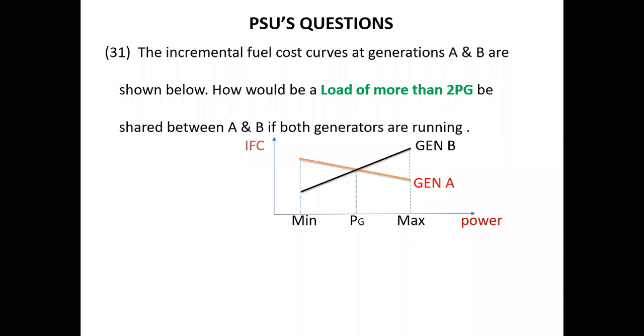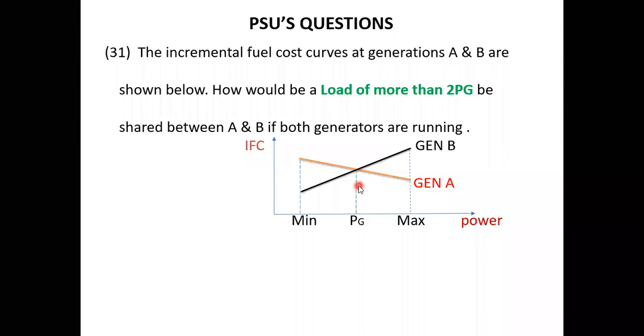So still anybody? Yes, A0 is also giving that J. Answer is J. Yes, I need more responses. Yes, type your answers in our chat box. Yes, 18 series 239 is also giving that generator A will take more amount of power after 2 PG. Yes, everybody is giving that same answer, generator A.